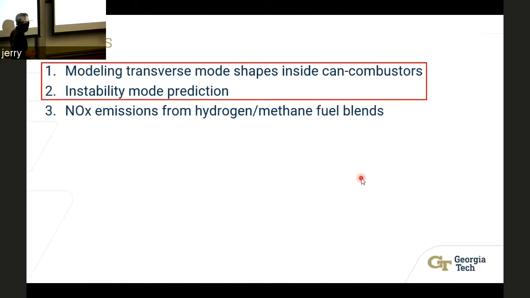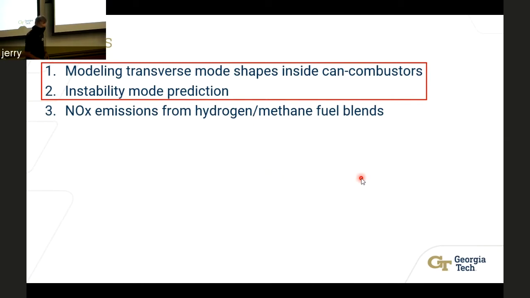So yeah, I've been at the combustion lab for about 2 years now. I've worked on 3 big projects. Today I'm really only going to be touching on 2 of them, and predominantly the first one, which is modeling transverse mode shapes. And I'll discuss what that means. And then I'm working on instability mode prediction, so taking operating conditions, being able to predict instability modes based off those conditions. And then recently, I've taken on a new project, which is trying to look at NOx emissions from hydrogen and methane fuel blends. This is a very important topic because currently emission standards don't adequately capture true NOx production and its